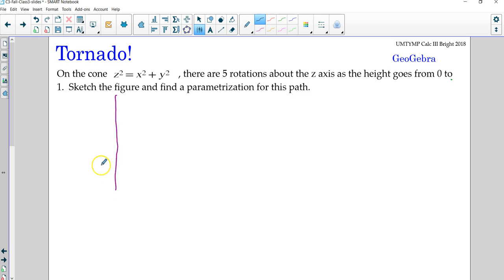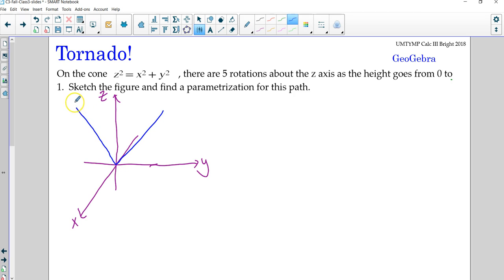So in our standard x, y, z plot, I'm going to put x along this axis, y along this axis, and z along the vertical. Okay. And I'm going to draw the edge of the cone here. So it's going to look something like this and like that. And then I'm just going to extend this a little bit. And then we have the cone up top. Okay, and then on this thing we start at 0, 0, and then we kind of wrap around this thing